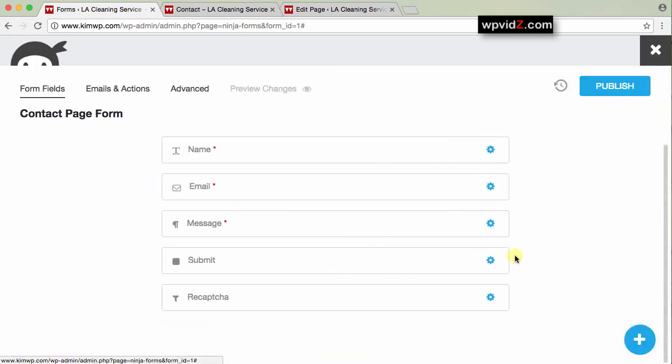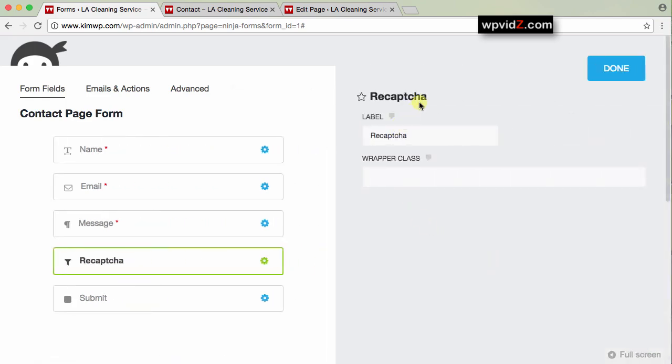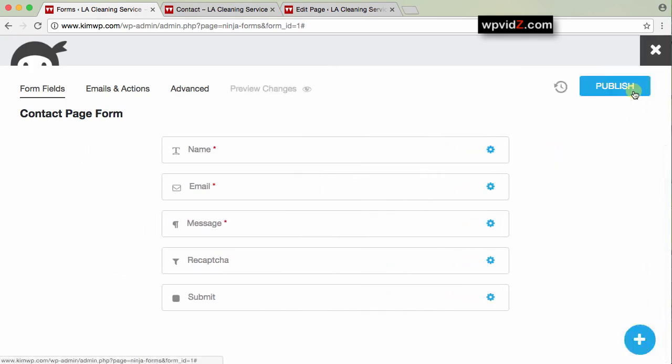I think double protection is too much. So I'm just going to drag this above the submit button. Whenever people fill out the reCAPTCHA, then they can submit the message. Otherwise, they will not be able to send you a message, for example spammers. It's okay, so we leave it as is, and now publish,